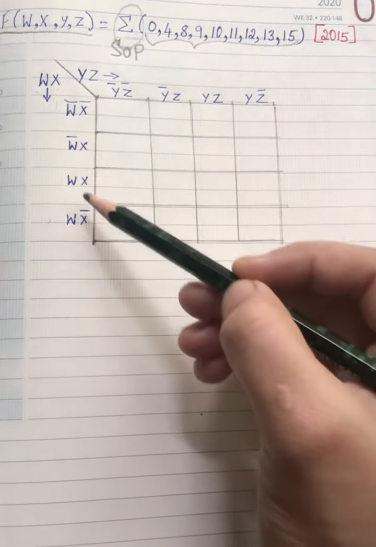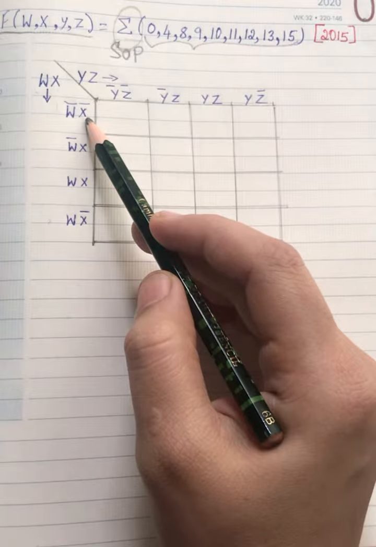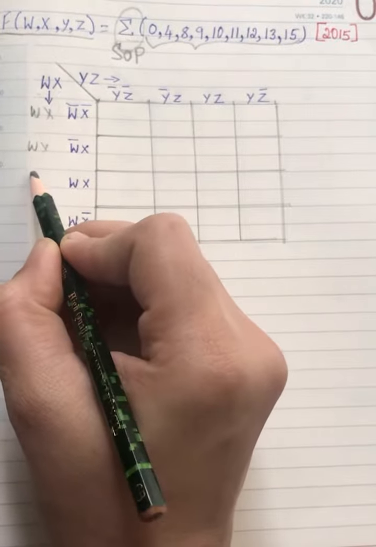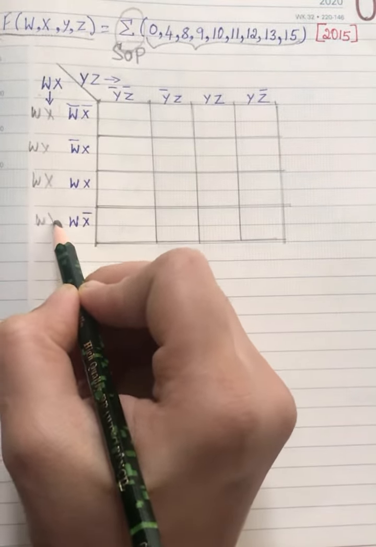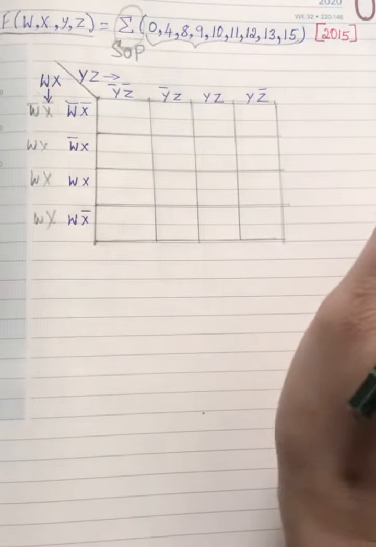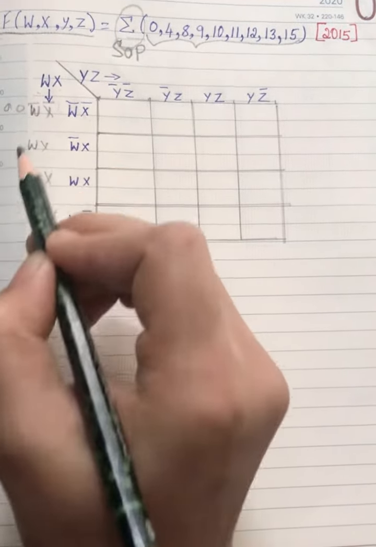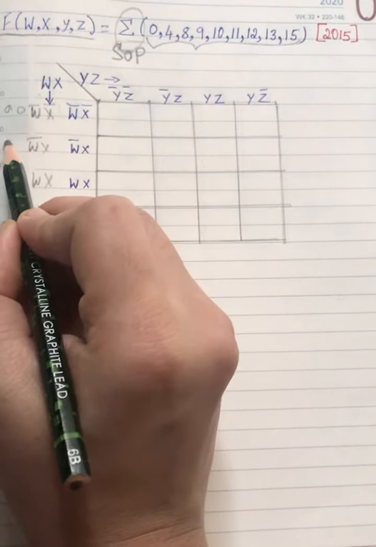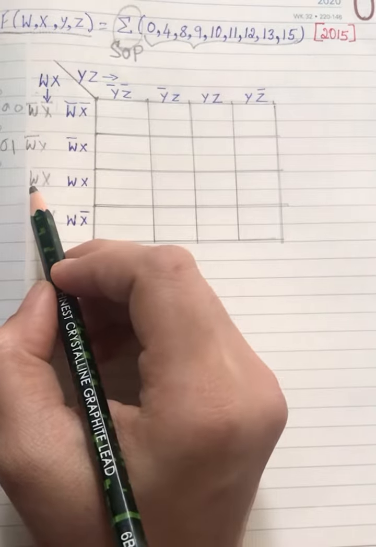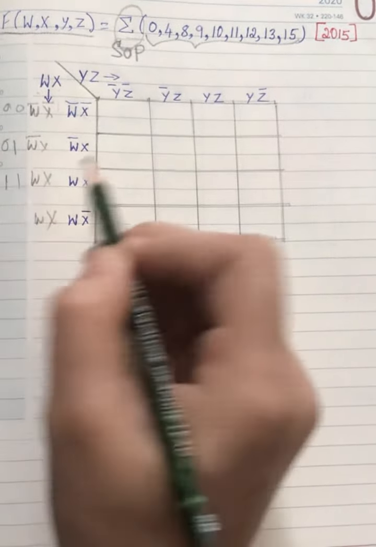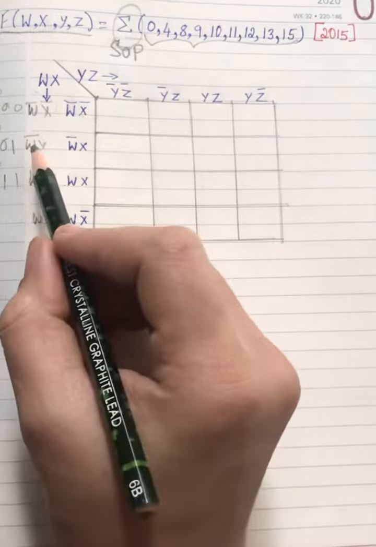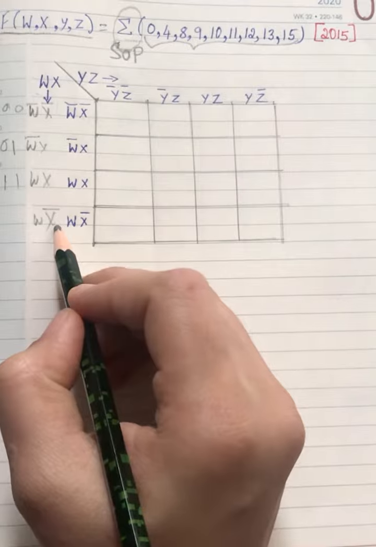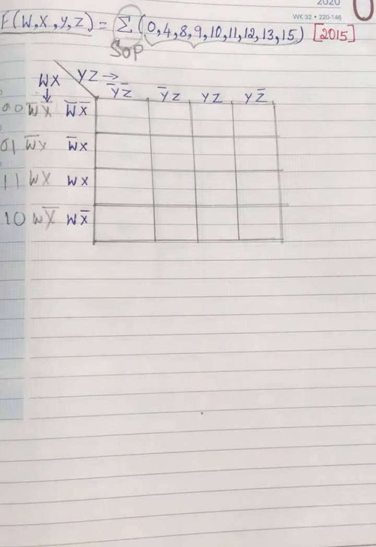So here I have entered W bar, X bar. First you need to write WX in a simple way. WX, WX, WX. First, both the bars, that is 0, 0. Next only W bar X, that is 0 and 1. Next it is WX, that means 1, 1. Next X bar. So first you are going to give W as a bar, then you are going to give X as bar here. It means 1, 0. So this is the entry.